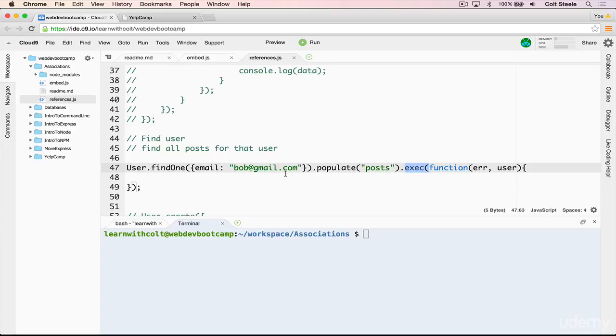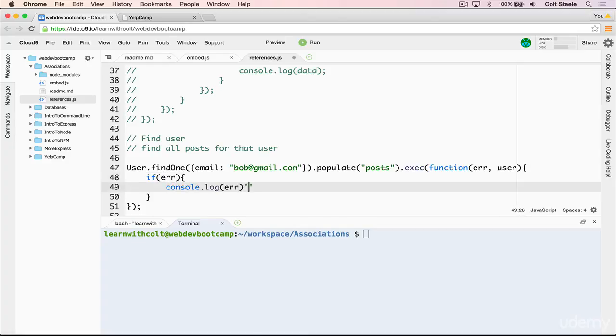So it's a little bit weird. We're finding one, but notice that we're not using a callback in here, and we're chaining .populate, and then we're giving it .exec at the very end, which will actually make all of this happen. So then we're passing the callback into .exec because that's when we're executing the code. And if we did this right, so let's check if there's an error first, console.log error. Otherwise,